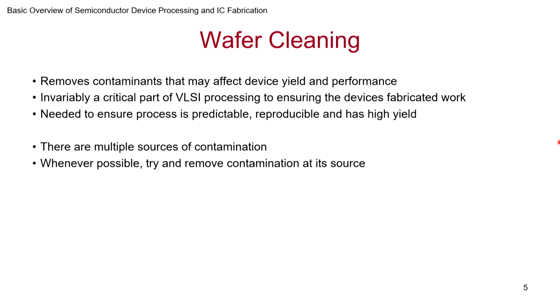Now, what types of contamination are there? What sources of contamination are there? Actually, it turns out there is a wide variety of contamination that is possible. And the whole idea is to keep out all of them, and that itself is a big challenge. So whenever we identify a source of contamination, we try to remove it at the source itself. It's not that after contamination we agree to clean it.